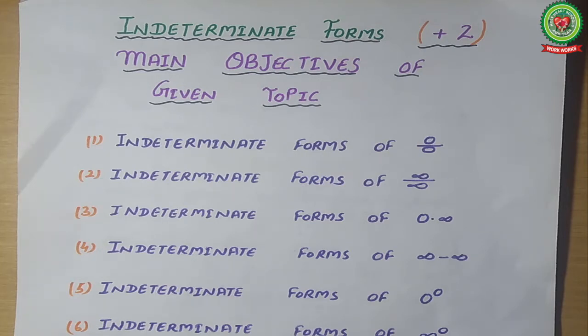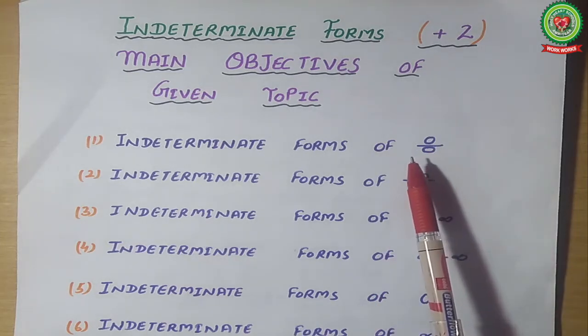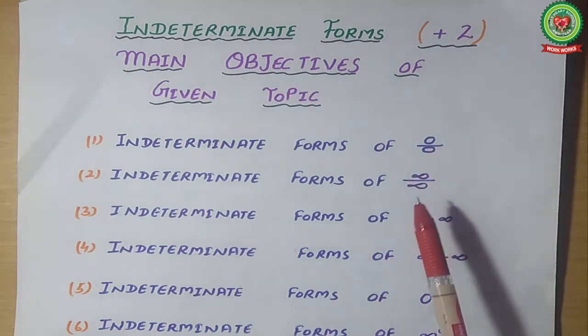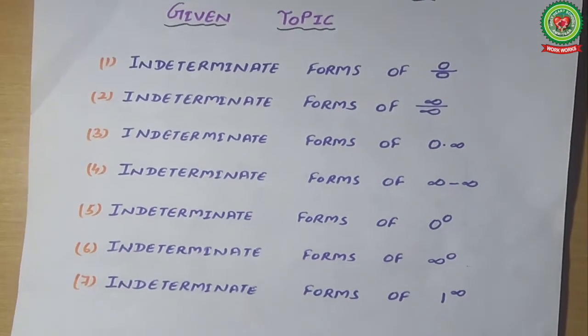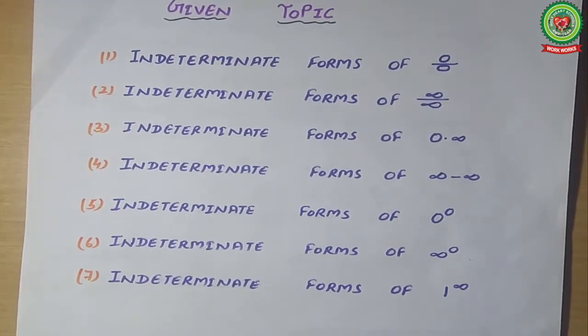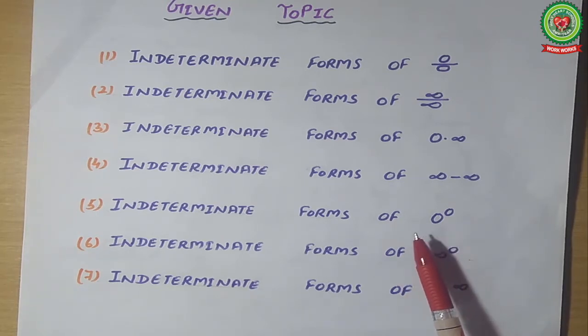We have already started the topic of indeterminate forms, and we have discussed that there are a total of 7 indeterminate forms, of which we have discussed 0 by 0, infinity by infinity, 0 into infinity, and in our previous lecture the infinity minus infinity form. Now, in continuation, today we will discuss other indeterminate forms which have the same working rule. These indeterminate form functions are in the exponential form.